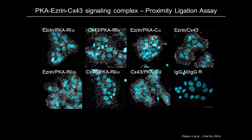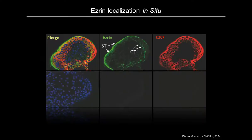We know from before that Connexin-43 is expressed mainly in the cytotrophoblast to allow cell-to-cell communication, and to a lesser extent in the syncytial trophoblast. So we were interested to see where Ezrin would be expressed in the human placenta. So we did